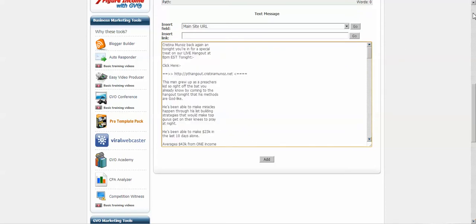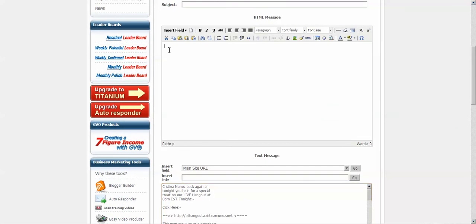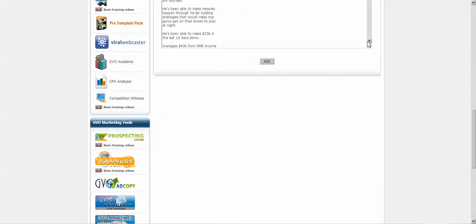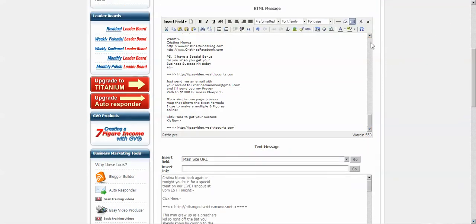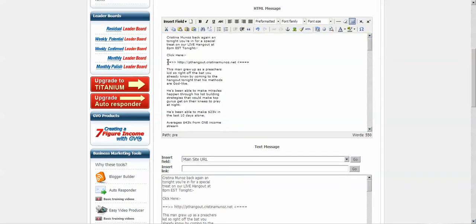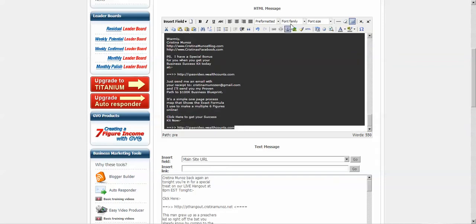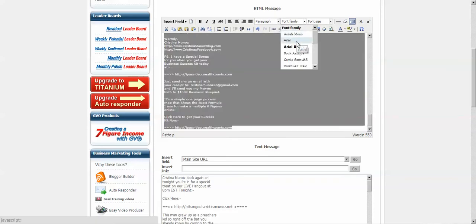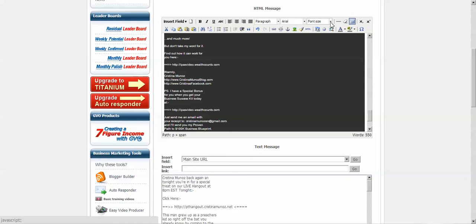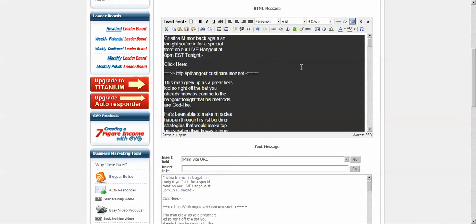Okay, and then all you would do, I'm just going to show you how you would do it if you were doing your own message. You would go into the HTML and control V. Okay, and then from there you will make it look pretty. Okay, you would make it look pretty, and what you might do is select it all. The font's a bit little. A good little tip, what I do is I select paragraph, font family Arial, okay, and font size I like to choose 14 point, okay, so people can see it. All right, and then you can go and make it look pretty.